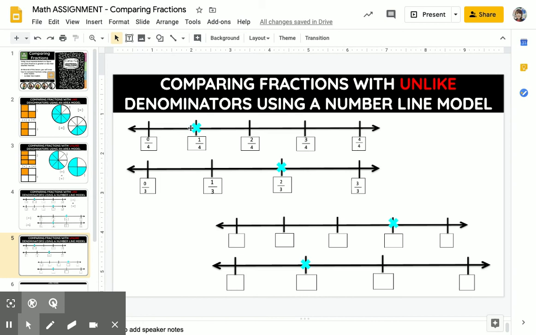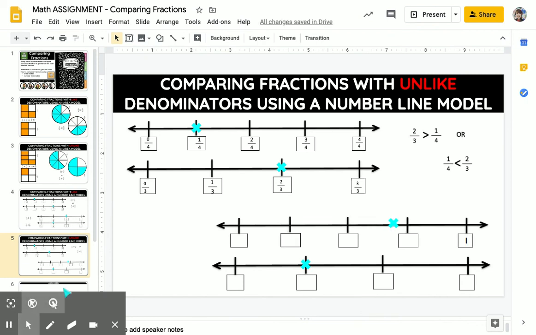We can now see that this x represents 1/4 and this x represents 2/3. Because this x is further over to the right, we can see that 2/3 is greater than 1/4, or 1/4 is less than 2/3. Looking at the bottom set of number lines, we again see that these number lines are